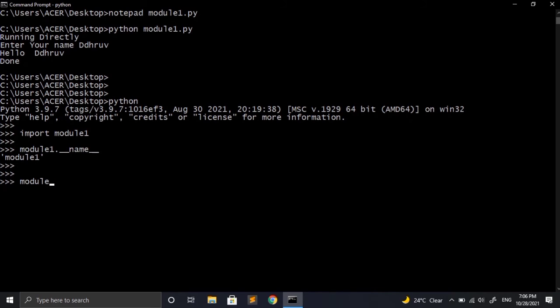Now if I want to get the value of x, or if I want to call the greet function, the process is the same. We already know that. We have to write module1.x or module1.greet and provide the arguments. Everything would work perfectly fine. So finally we have understood the usage of the special variable __name__, and we have also seen one of its applications, which is used with Python code to make it work as a standalone script as well as a module.